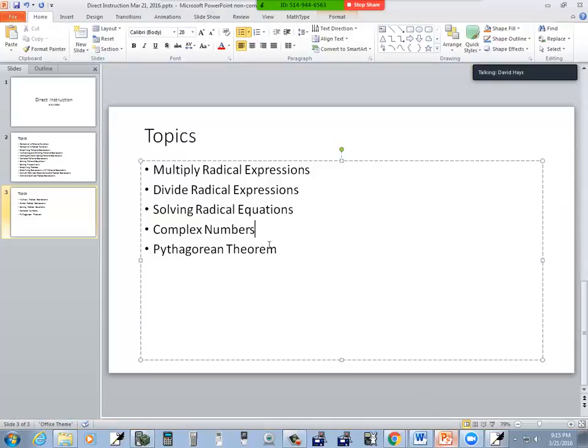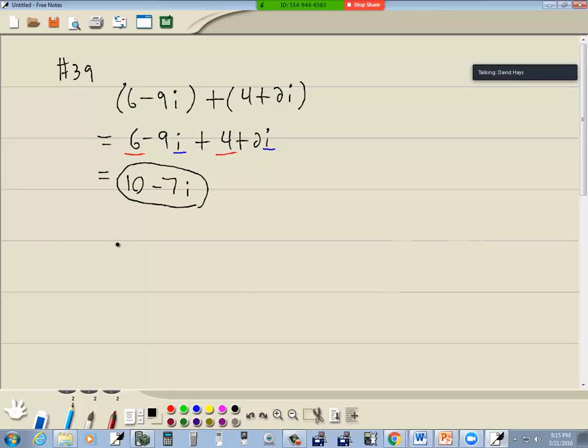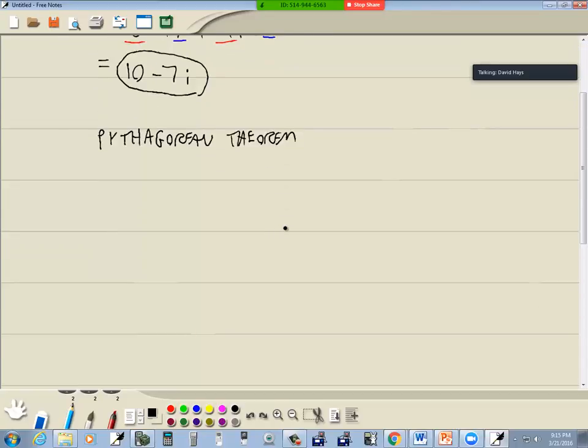Now the last thing. They don't specifically have this on the topics, but I noticed it's mixed in and they expect you to know the Pythagorean theorem. It's a fairly simple idea. Assuming I can spell Pythagorean. That's probably close. What the Pythagorean theorem says